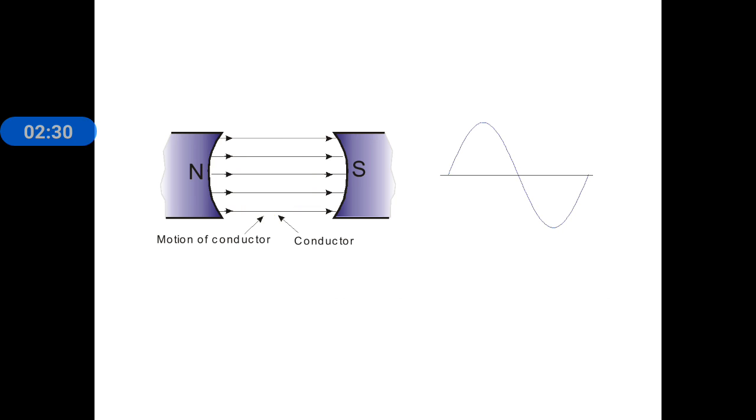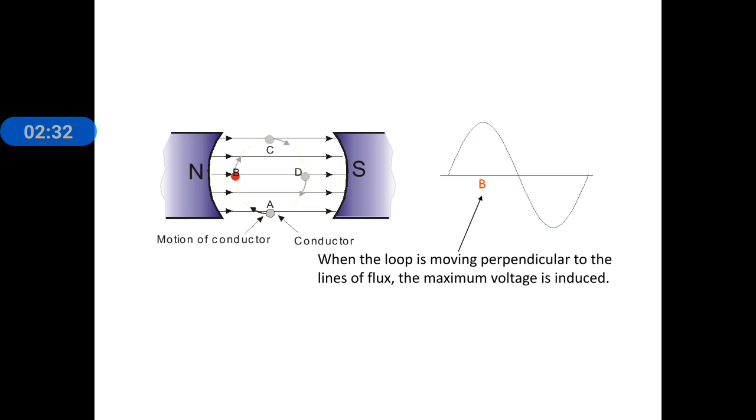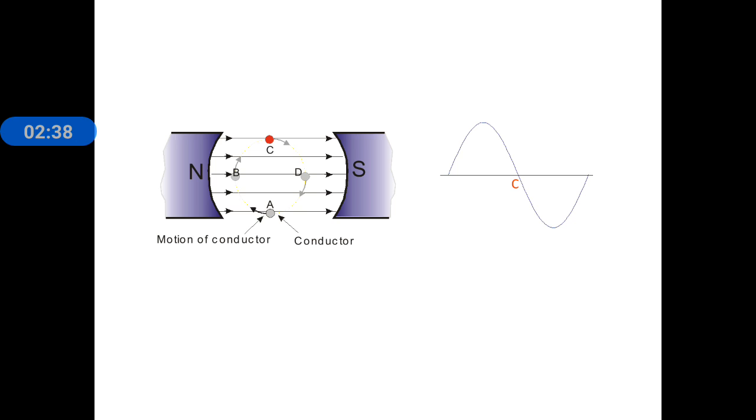Again at position C, the conductor and field are parallel, so there is no cut of flux, so 0 voltage. So A and C are 0, and in between, B under the north pole has maximum positive voltage